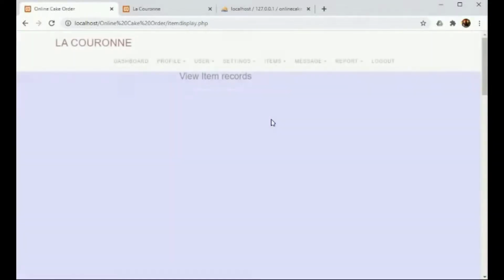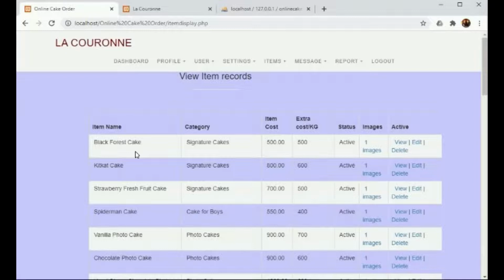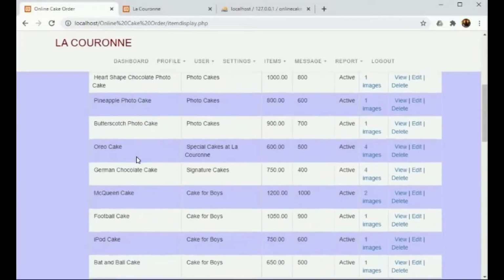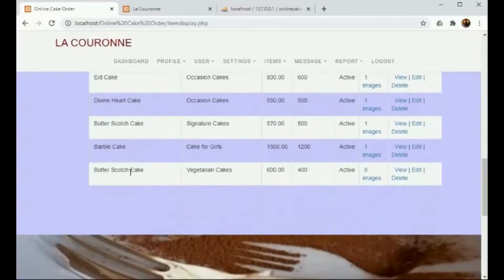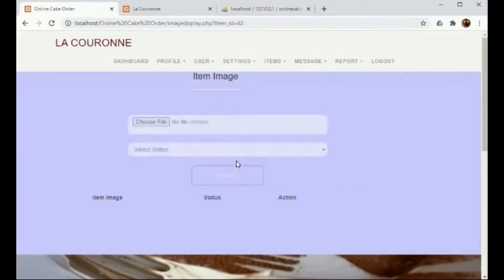Under view cake item, here admin can view the various cakes and along with the category names and the cost. On clicking on images, admin can add the image for the cake.